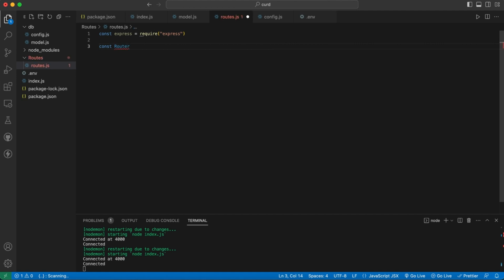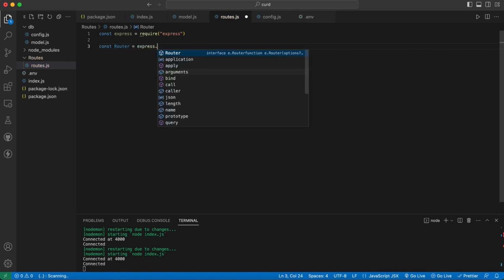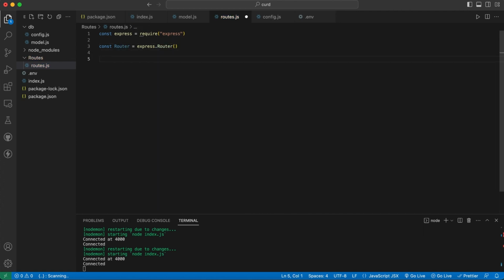We are using router instead of express app, and express.Router. We use this because it is shorthand to create the CRUD operations. Router, okay, router.route, and whenever this is blank,